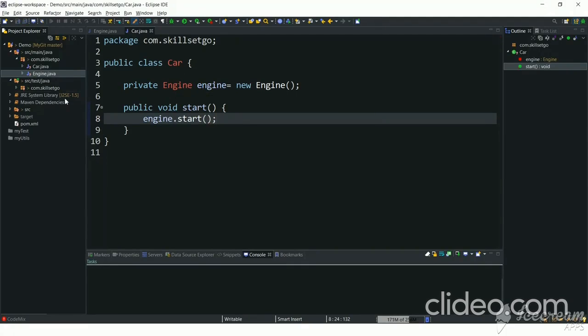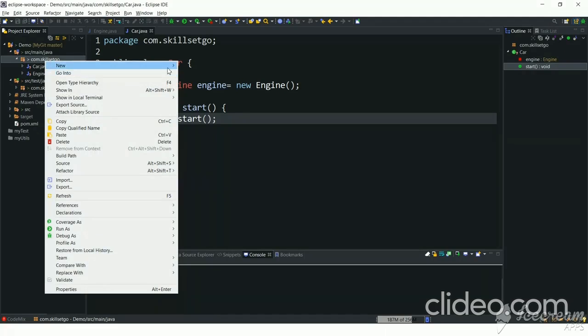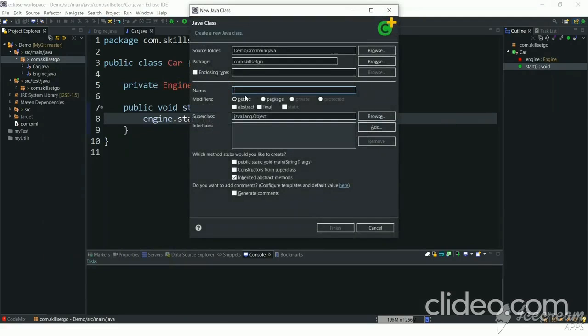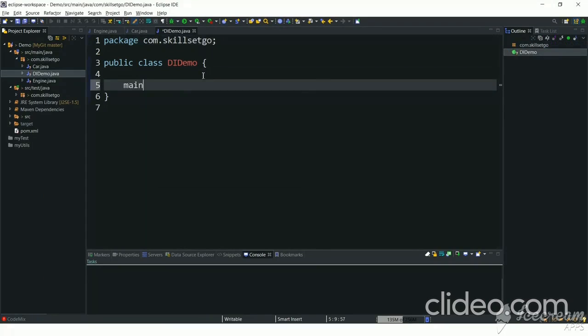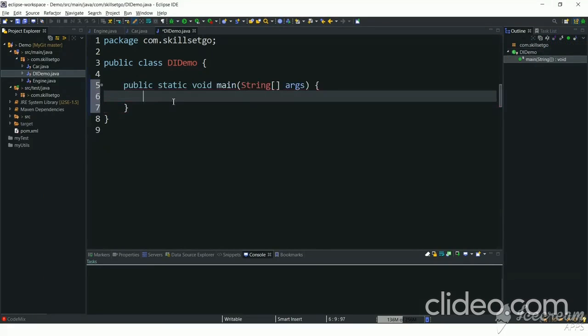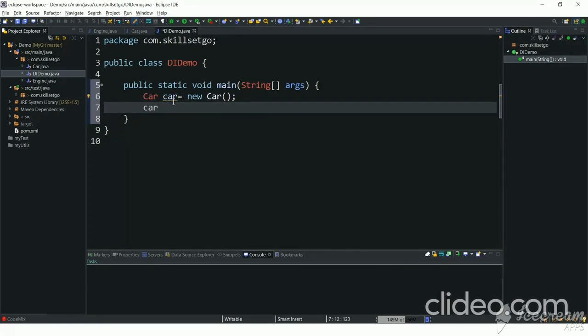Now let's create a car object. Let's create a demo class, DependencyInjectionDemo. Here we can directly create a car object, car equal to new Car, and we can directly call the start method.